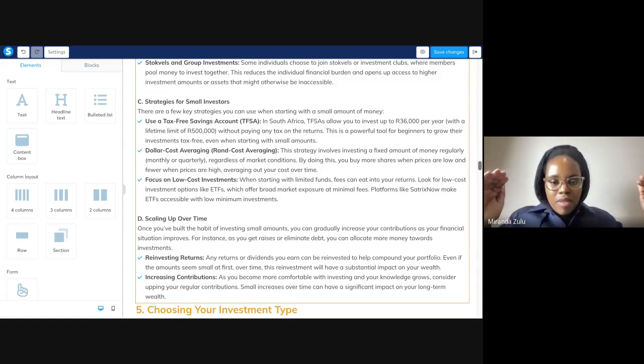Right, tax-free savings account. I would advise everyone to start there as a starting point to take advantage of the tax benefit. Right, cool. I only have 36,000 Rand to invest in a year in my tax-free savings account. What am I going to invest in? Next thing, ETFs. They're already put together. There are different ETFs you can buy for different markets. So there's the S&P 500, which measures the top 500 performing companies in America.